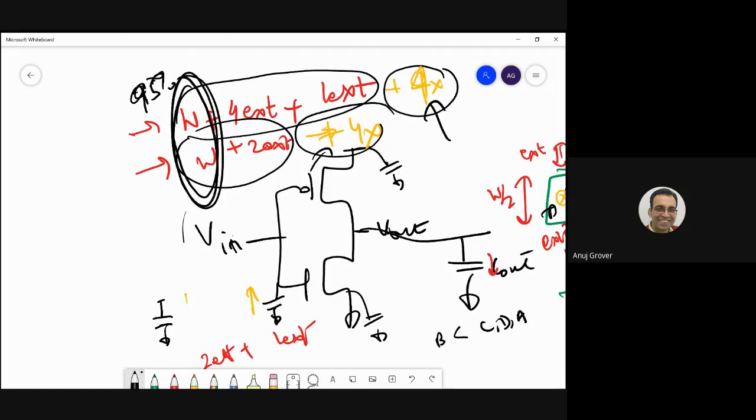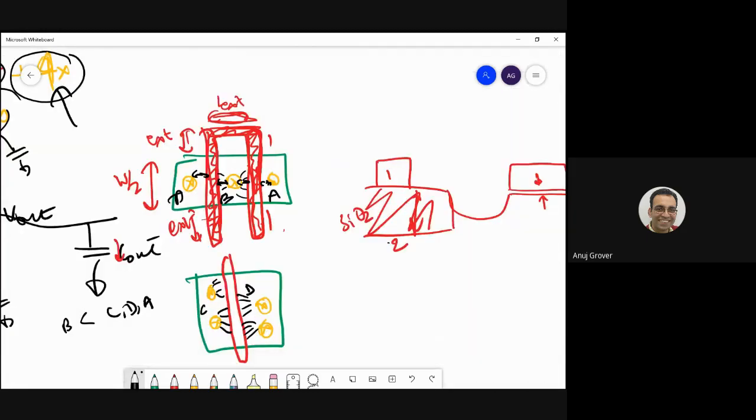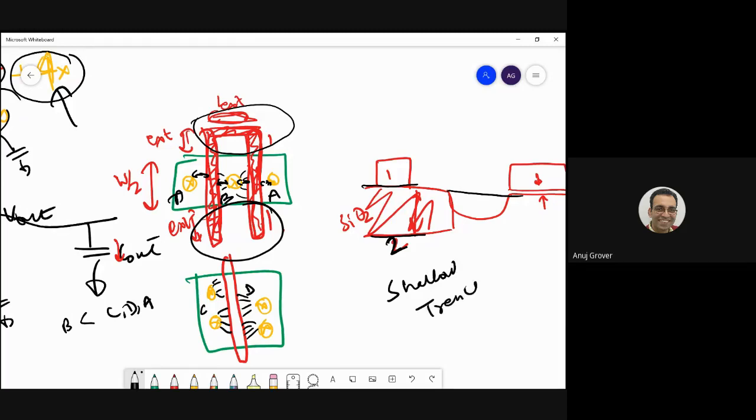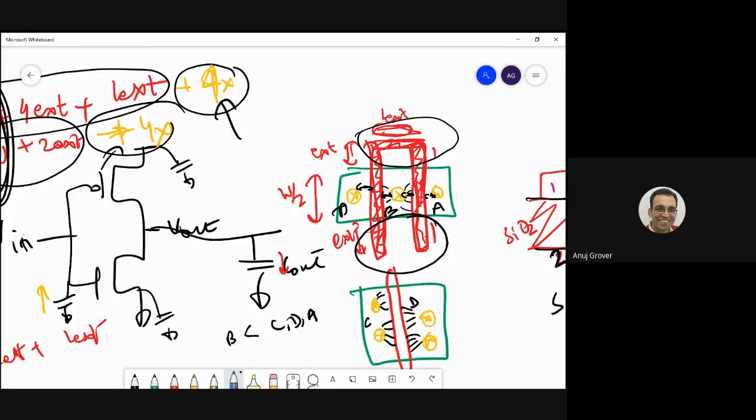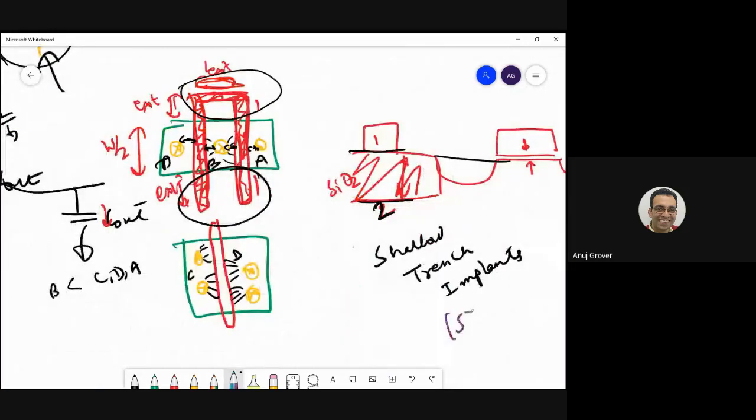Are you able to see this? See, the capacitance is dependent on the dielectric thickness. For the poly that runs in this region or in this region, the dielectric thickness is huge. SiO2 is a very, very thick layer there. These are called shallow trench isolation. So the capacitance that has increased due to the extra run length on STI is not much. So you can still assume it to be similar.